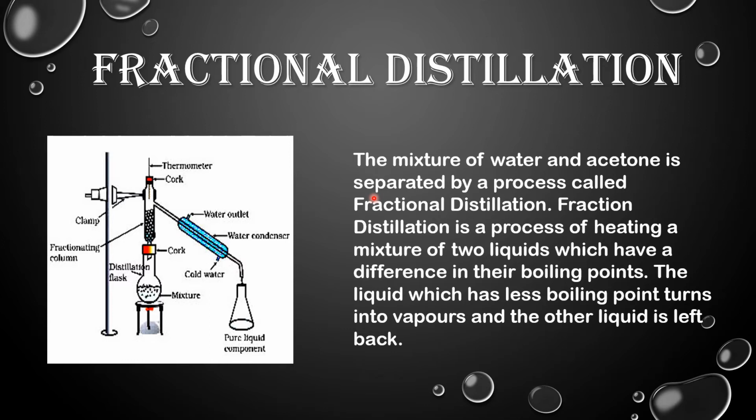So, in this process, a fractionating column is inserted vertically between the flask containing the mixture of the liquids and the condenser. A thermometer is fitted at the top of the column to detect the boiling point of the vapor of the liquid passing to the condenser. The higher boiling components are condensed back to the flask. The vapor of the low boiling component reaches the top of the column, passes over to the condenser and is collected in the receiver at the rate of 10 to 15 drops per minute.